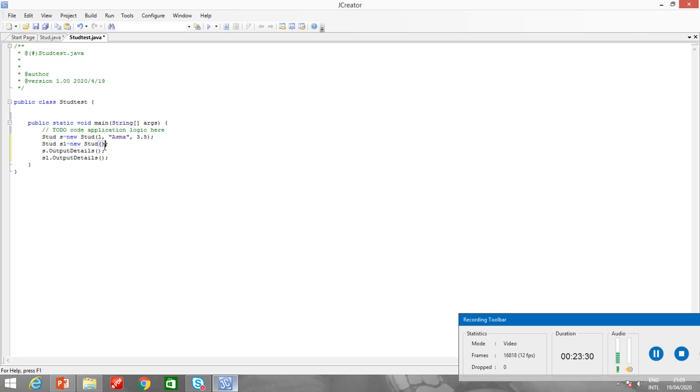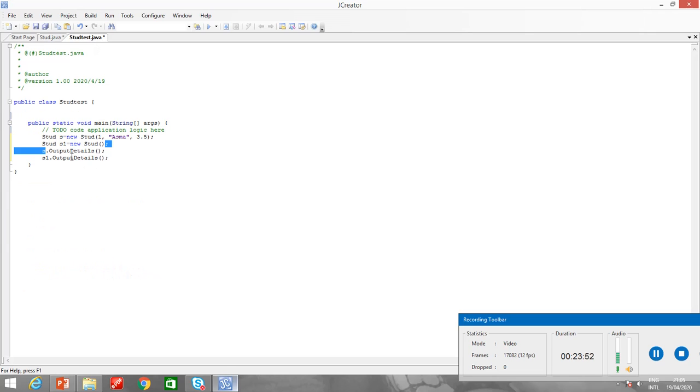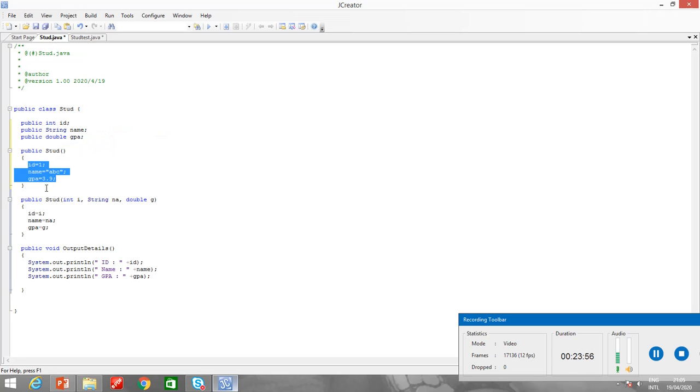When I use this statement, it will call the parameterless constructor, this one, but it is not required. Even if I don't give this, default values of the instance variables will be printed. But still, as I have given over here, I have initialized the values. So when I call the output details method with the object s1, it will print the value id as 1, name as abc and GPA as 3.9.